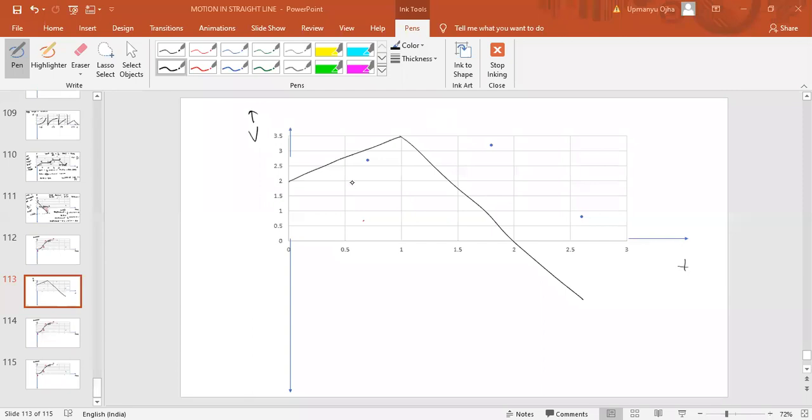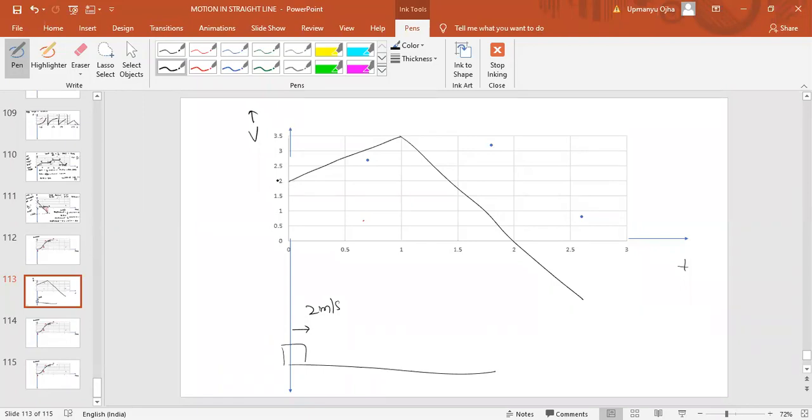Okay, so if you draw the realistic condition here, at time t equal to 0 second, what is the velocity of the particle? It was 2 meter per second. On which side? Right side. The particle has acceleration. Can you find the acceleration of this particle?